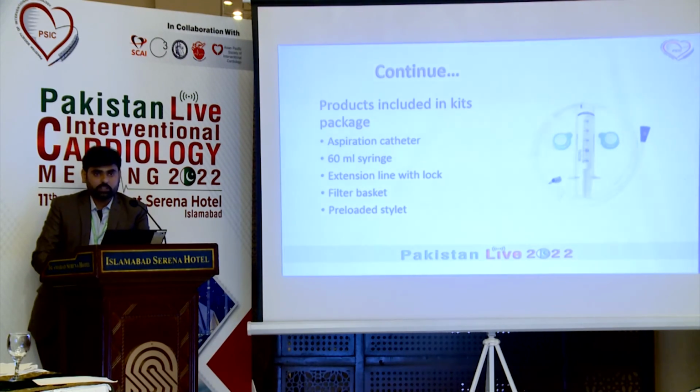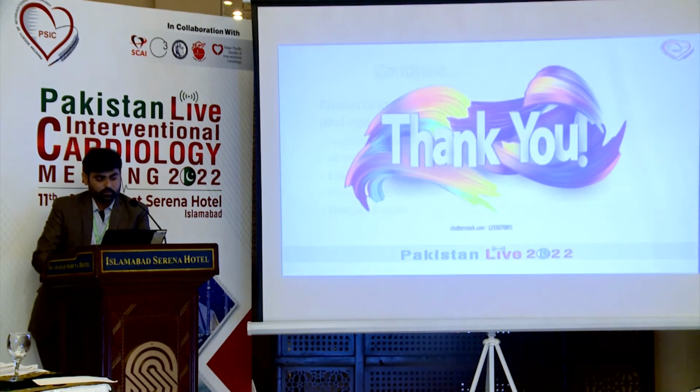एस्पायरेशन कैथेटर को हम कोरोनरी वायर के थ्रू थ्रम्बस जहाँ पर है, जहाँ पे टोटल ऑक्लूडेड आर्टरीज होती है, उसी तक लेके जाते हैं। उसमें जो प्रीलोडेड स्टिलेट होता है उसको निकाल के उसके साथ हम एक्सटेंशन लाइन विद जो लॉक है उसके साथ कनेक्ट करके सिरिंज के अंदर हम नेगेटिव प्रेशर बना के उसको जैसे लॉक खोलते हैं तो वो सक्शन का काम कर रही होती है, और सक्शन के ज़रिए ही उस थ्रम्बस को कैच करके वो सिरिंज के अंदर ले लेता है, और उस सिरिंज को जो हम फिल्टर बास्केट के अंदर ड्रेन कर रहे होते हैं, जिससे हम उस थ्रम्बस को चेक कर रहे होते हैं, देख रहे होते हैं। थैंक यू सो मच।